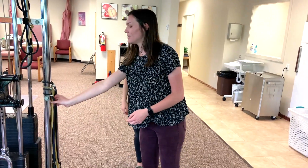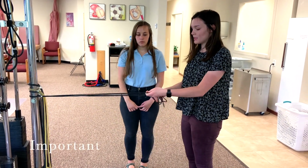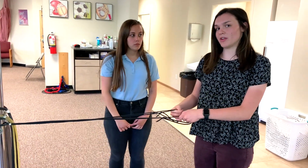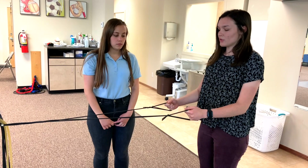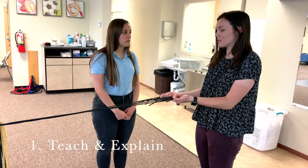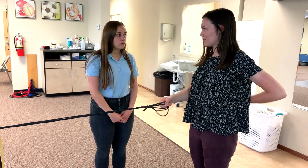And you will grab the equipment necessary, and it's usually best to start lighter than you think they need, just to avoid injuring them more. And so what you'll do is you'll explain to them what you'll be doing. This is called a horizontal row, and it's gonna help work some of your back and shoulder muscles to improve